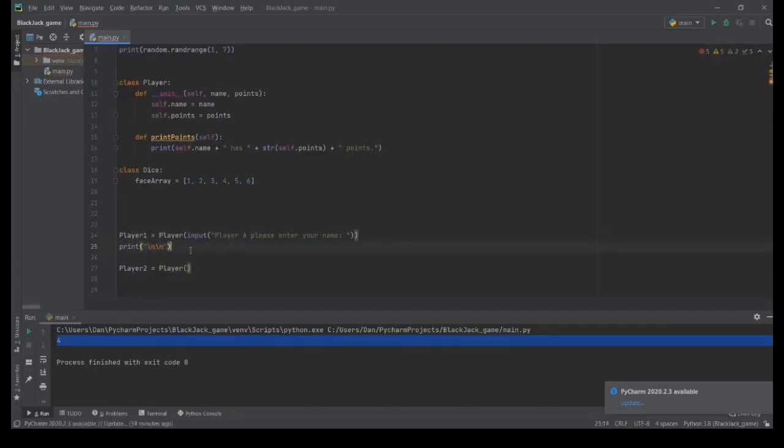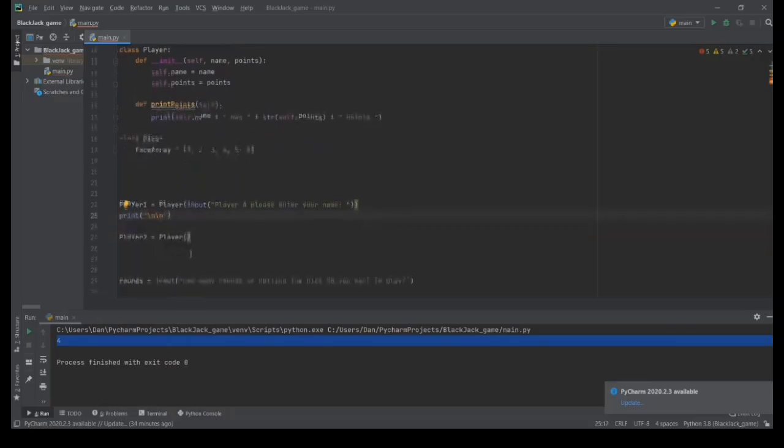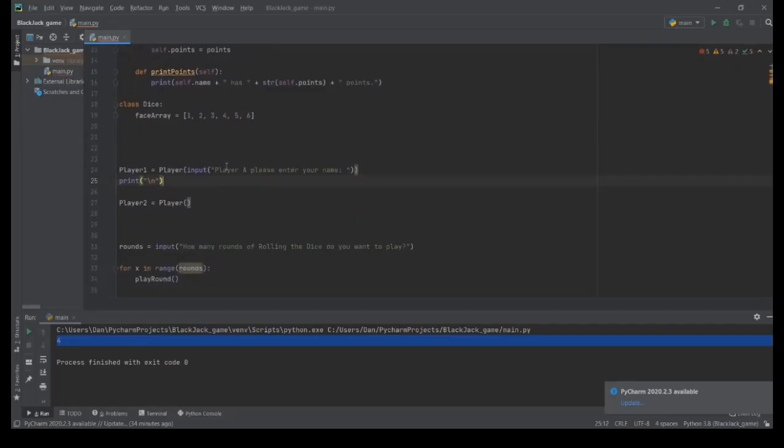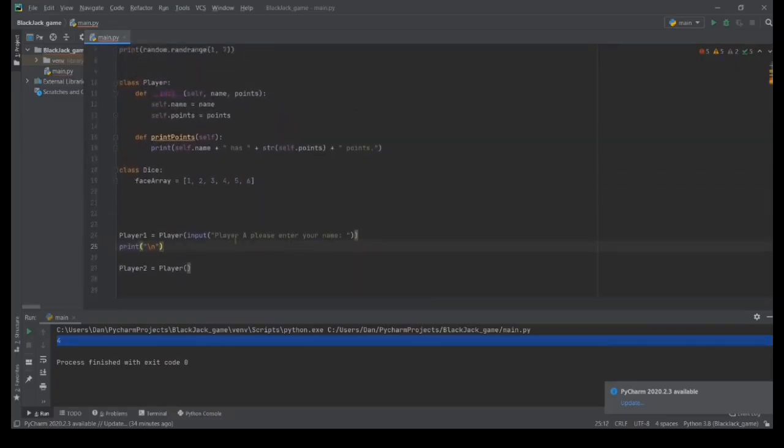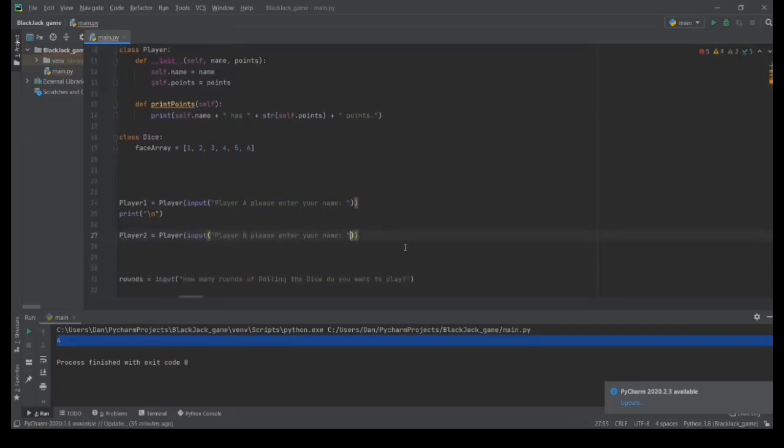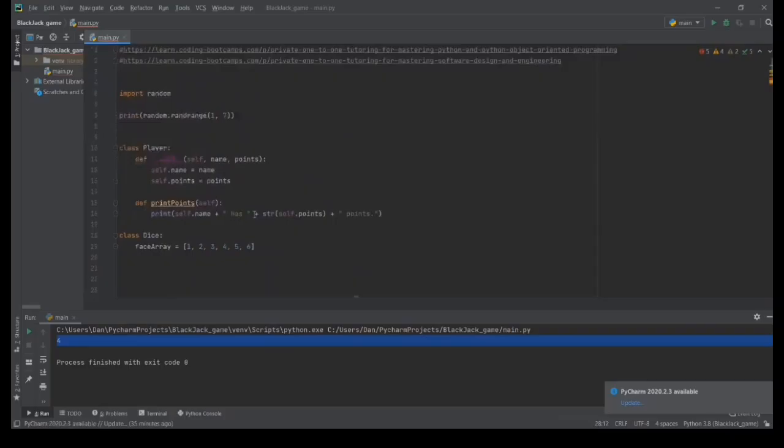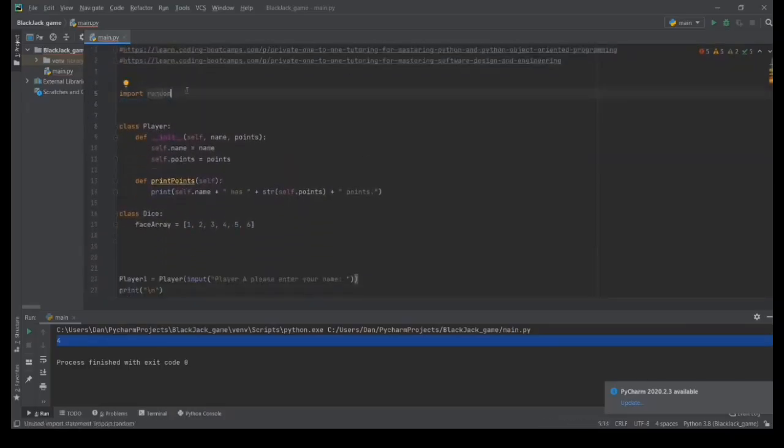\n is the newline character. That means skip a line. So I'll put one skip line, so it's more clear when we're asking player A for their name and player B for their name. So player A, please enter your name. We'll copy this for player B. Player B, please enter your name. Okay. So we don't need this. Okay, so we